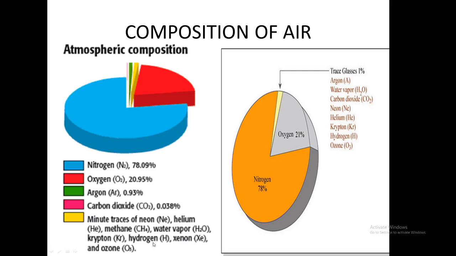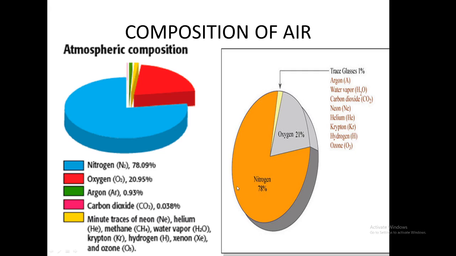What is meant by trace gases, children? Trace gases means, besides oxygen and nitrogen, some other gases are also present in the air in very small volume. Okay, they are known as the trace gases. These trace gases are argon, hydrogen, helium, carbon dioxide, ozone. All these are the trace gases. Okay, these are all present in the